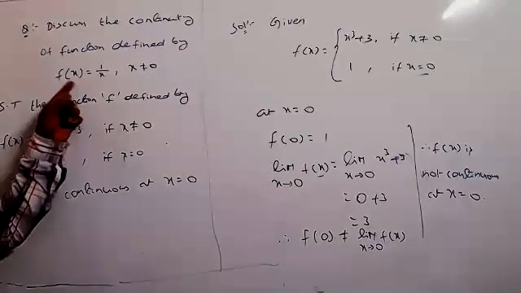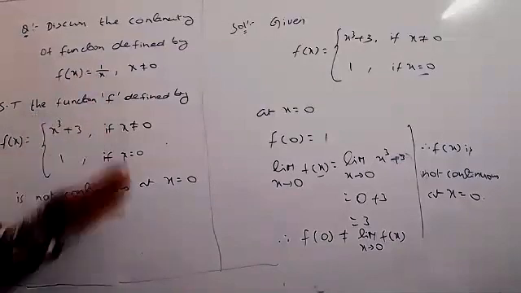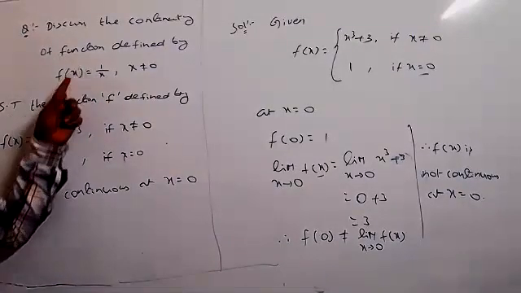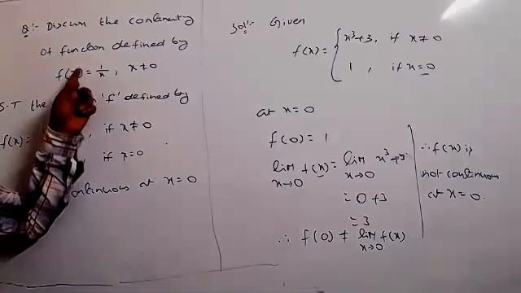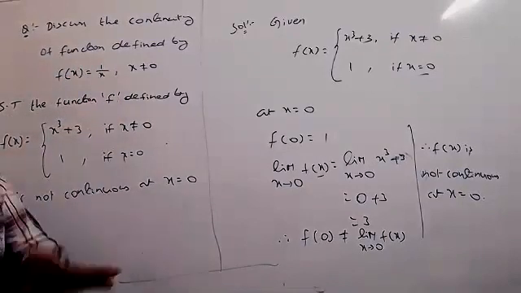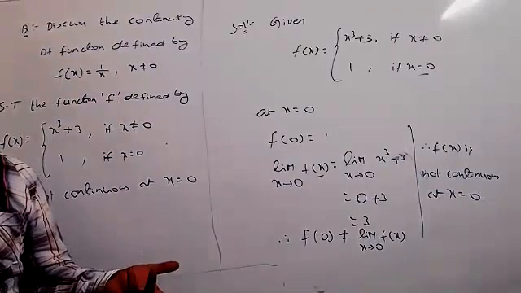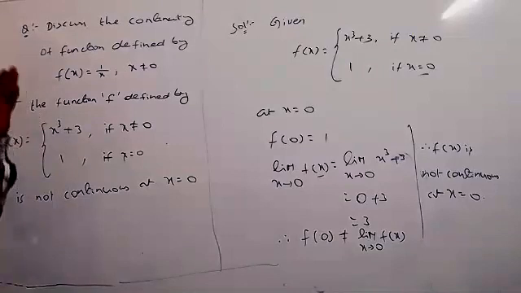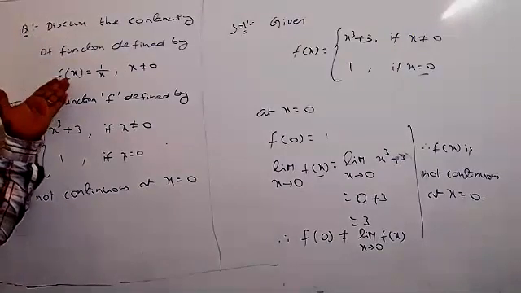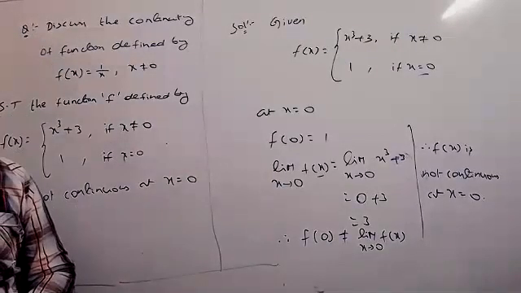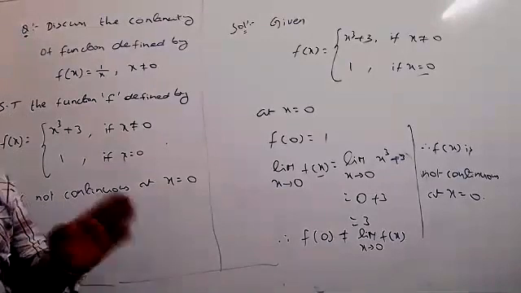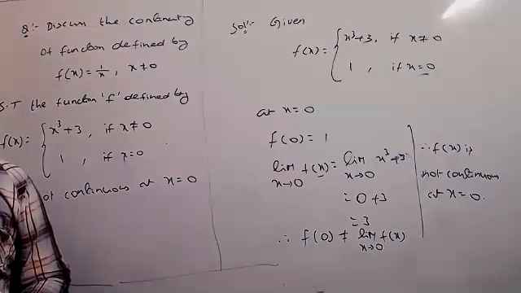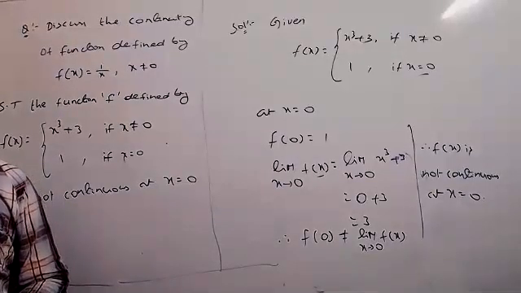First you can find f of c. So f of c equal to 1 by c. Then find the limit also. So limit x tends to c of f of x equal to limit x tends to c of 1 by x equal to clearly 1 by c. So f of c equal to the limit value, both are equal. So therefore, what can you say now? The given f of x is continuous for all the real numbers except x not equal to 0.